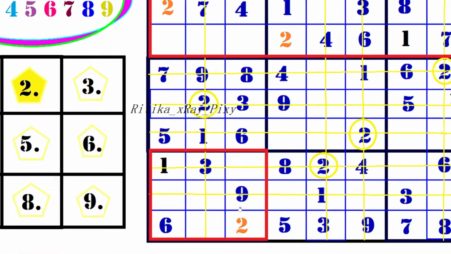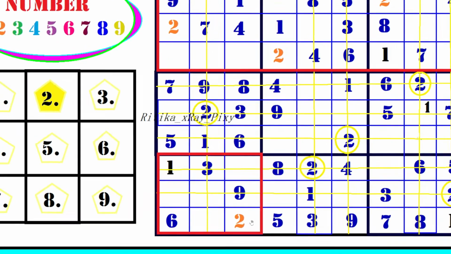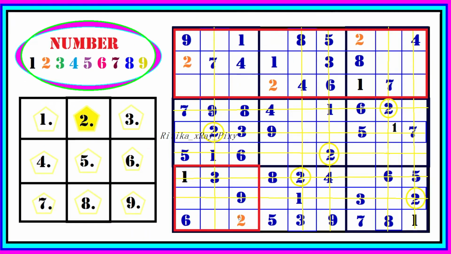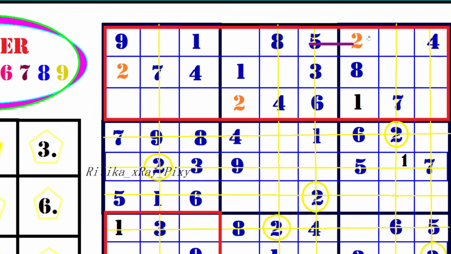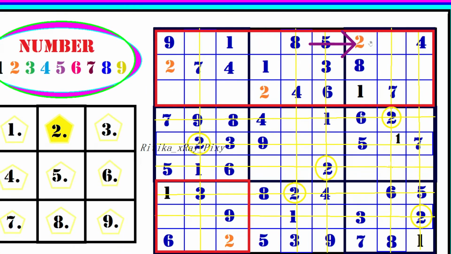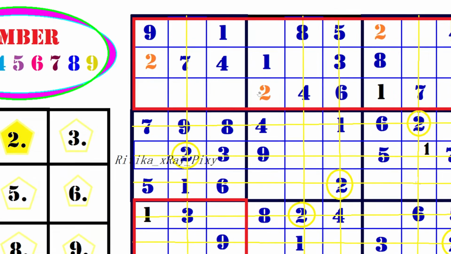So first of all you can see in the 7th block we have just one location, place 2 here, and in the 3rd block again we have one location, place 2 here, and now in the 2nd block we have 2 locations, but as we already placed 2 in the 3rd block, so we cannot repeat the same digit in the same row, so we will place in this location.